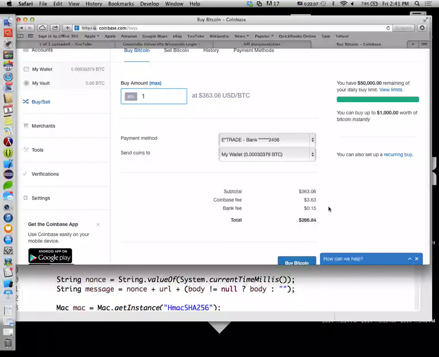And then there's an extra 15 cents of bank fee on there. But whatever, we can negotiate all that stuff. We're looking for proof of concept. So in that case, I was going to buy 0.0025 Bitcoins or something in that ballpark. That's how much it's going to cost me. At the end of the day, it's going to cost me $1.07 to buy those Bitcoin because of the bank fees. But regardless, if I can make that purchase automatically,